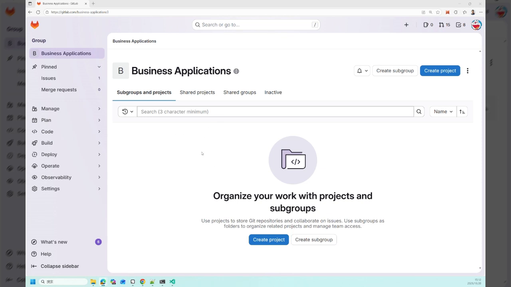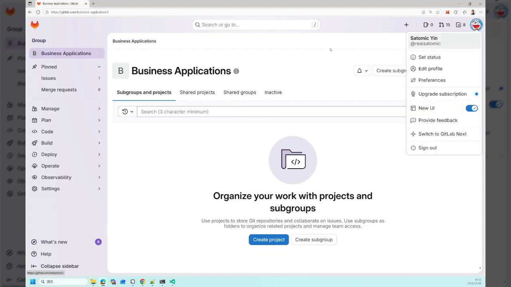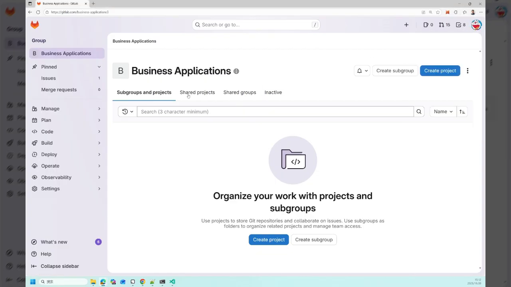I'm not an administrator of GitLab or the owner of the coding agent. Now I'm a normal developer. You can see I just switched my browser to Edge. Now we are going to a normal business applications group. I want all the repos in this group to be able to use the coding agent that the administrator just